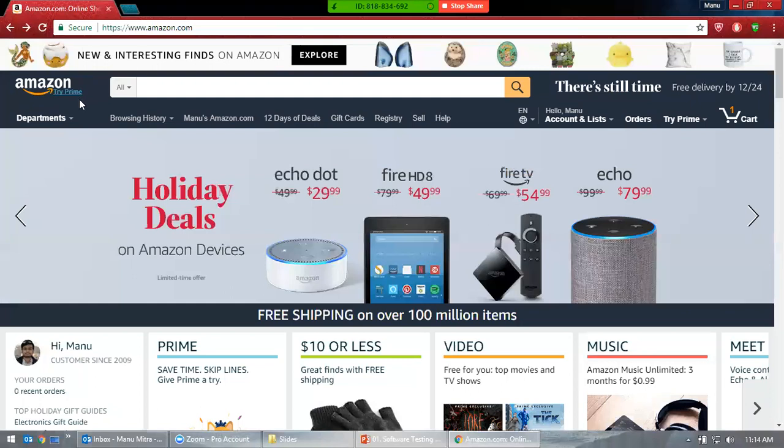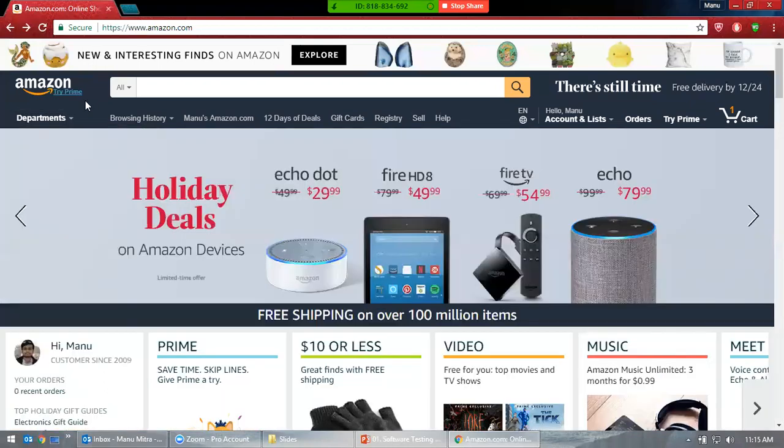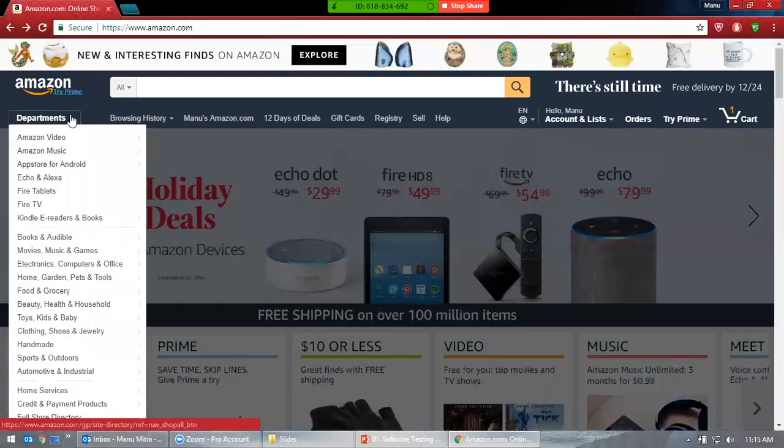What I also see is there's a lot of things happening when you hover your mouse. I also see the brightness of the screen, the background, is dim. You see this? If I hover my mouse over the department, the brightness of the background gets dim, right? It's really switched off. So that is also a feature.